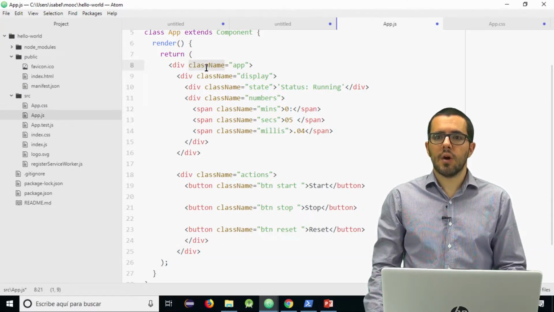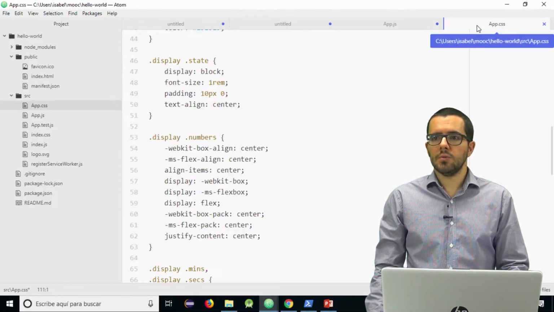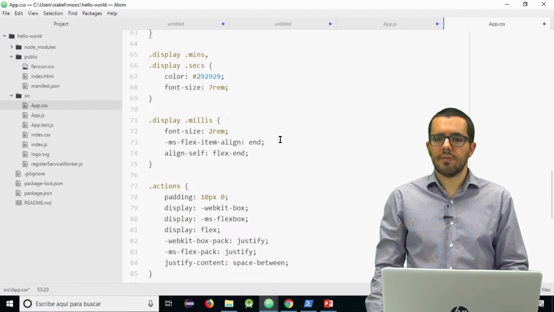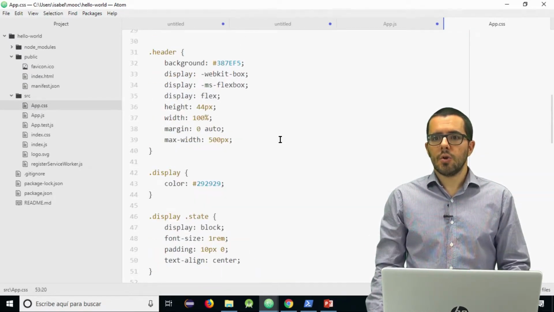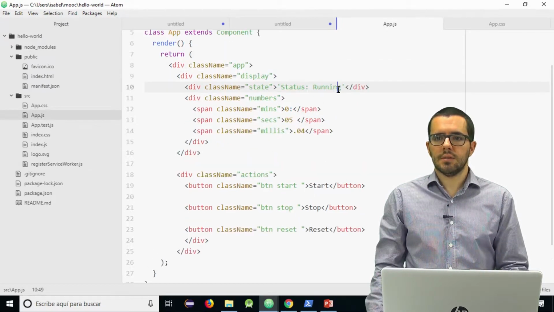Remember that in React we don't have class because it is a reserved word in JavaScript, but we have className. So I also have these class names that correspond to the CSS that I have defined here. Sorry for not writing it step by step, but this is just plain HTML and CSS, and it is quite easy to understand. Okay? It's just HTML that I included in the render, in the return.